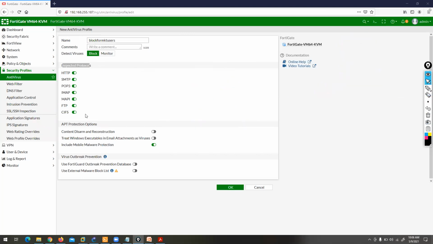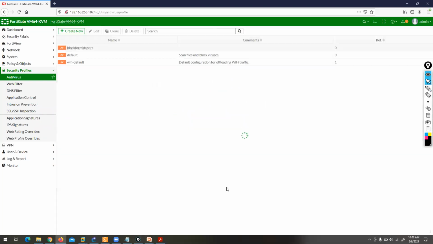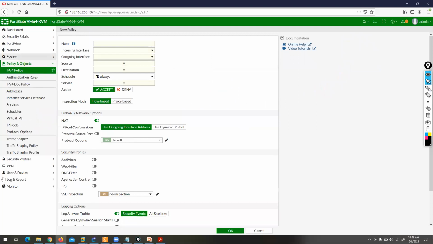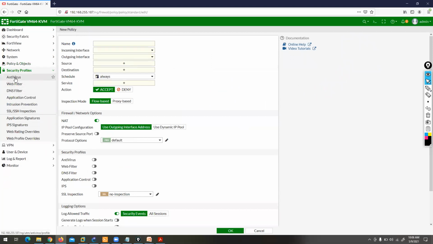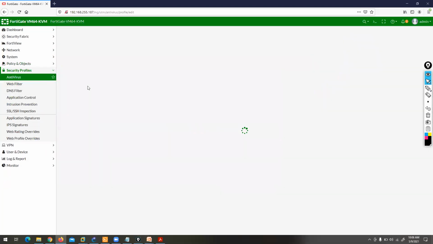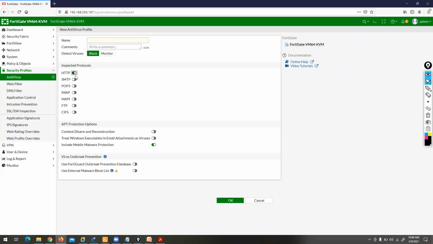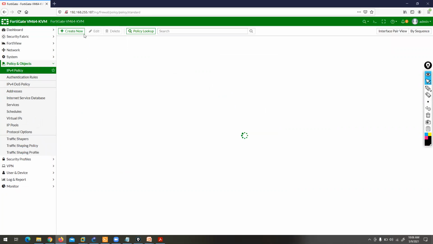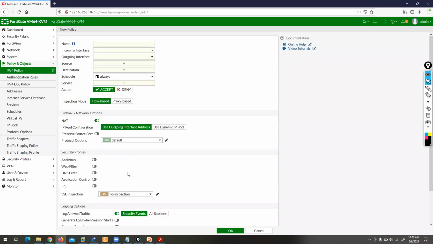Here we can create our profile. You can click on OK. And this profile you can attach with your security policy. So like this, see guys, you can create multiple security profiles. In some profiles, you want to inspect only HTTP, or in some profiles, only SMTP. So yes, you can enable as per your requirement, and you can attach your security profile in your security policy. This is the option, antivirus.